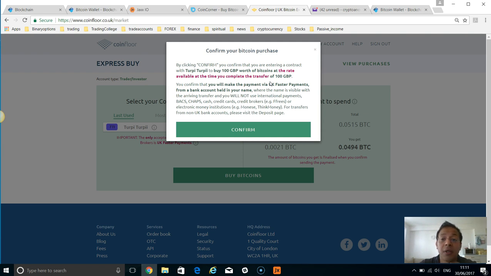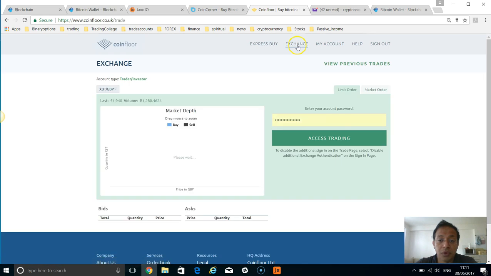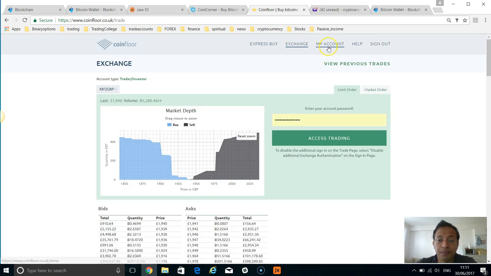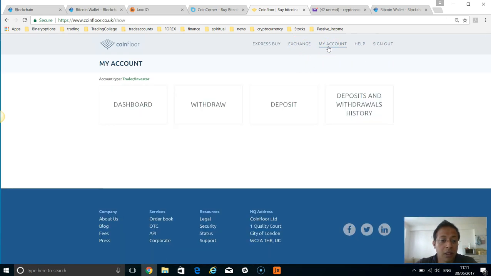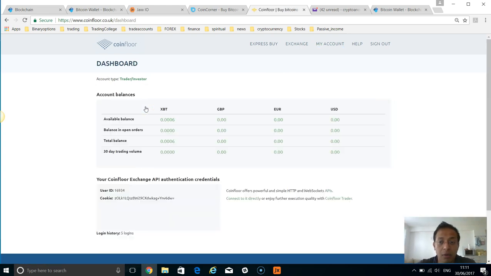So the payment is instant from the bank to the trader, and the trader places the trade on your behalf, and then the Bitcoin is bought, and then it's made available to you. So after that, again, you end up with your Bitcoins